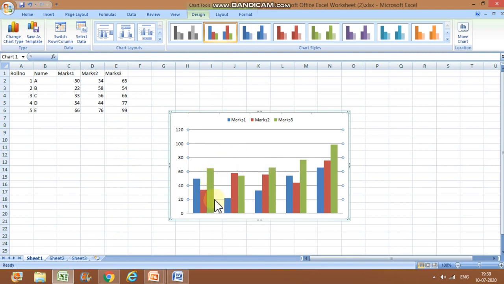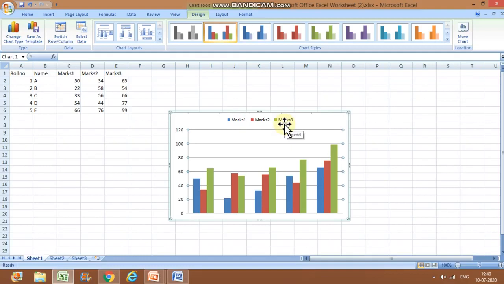Suppose this is a chart, these are bars, so these color bars are legends. Legends are represented like this: the blue color bar represents marks 1, the red color bar represents marks 2, the green color bar represents marks 3. This is the legend.